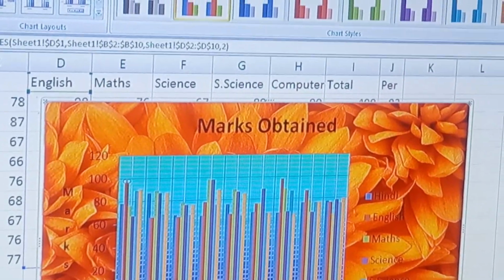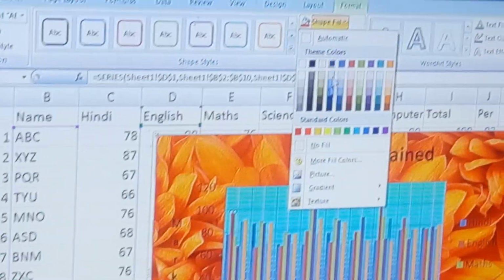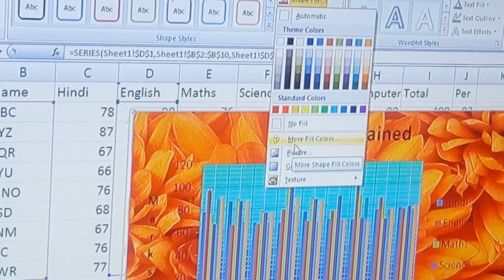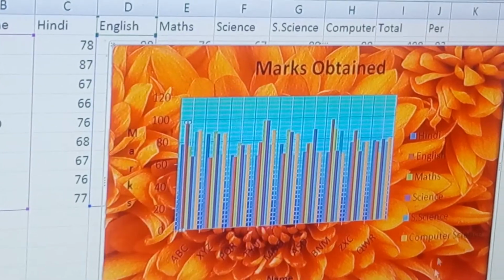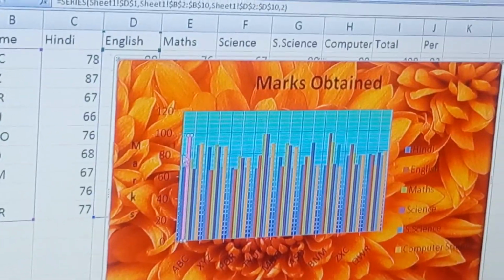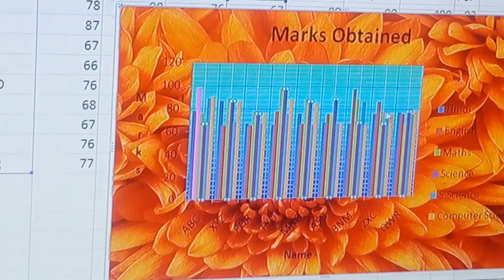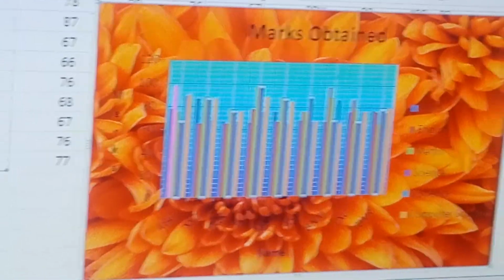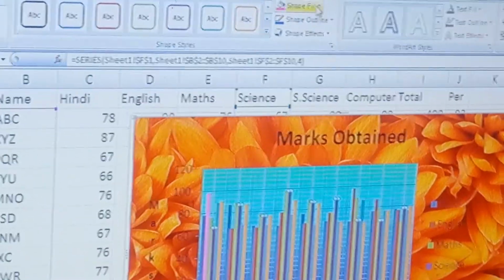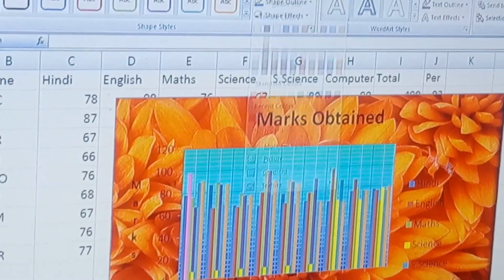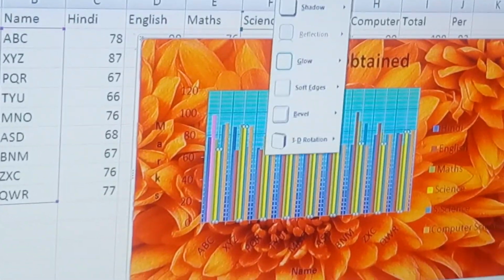Double click, then format, and shape fill, if you want to change the color. See, its color is changed. Now when you double click, the entire legend is selected. You have to format the data according to what you want. Whatever you want to perform, you have to select directly.